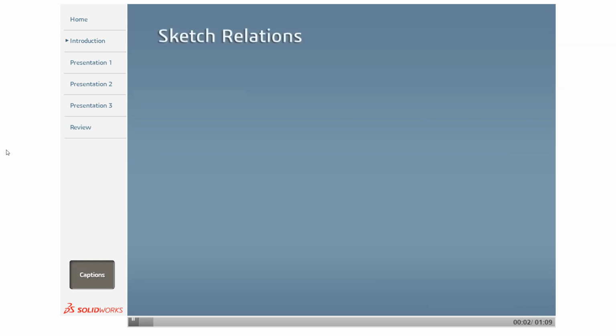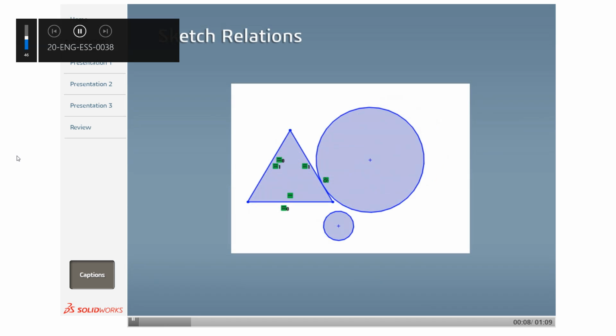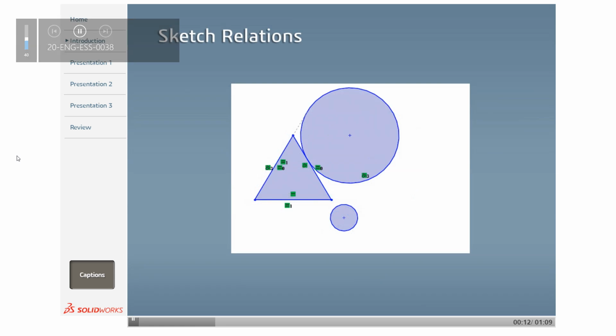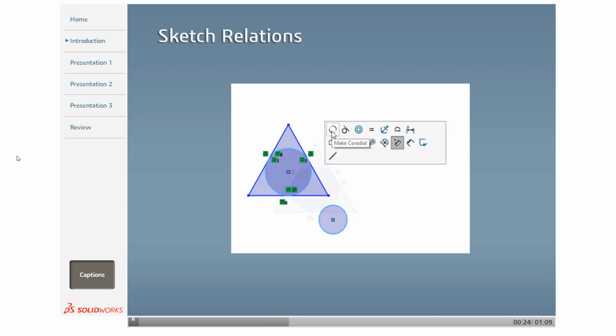When sketching profiles in SOLIDWORKS, it is critical to utilize sketch relations to fully define a sketch. Sketch relations are used to force a behavior on a sketch element, thereby capturing design intent. Some are automatic, others can be controlled manually. Different sketch relations become available depending on the sketch entities that are chosen, such as the co-radial relation used to